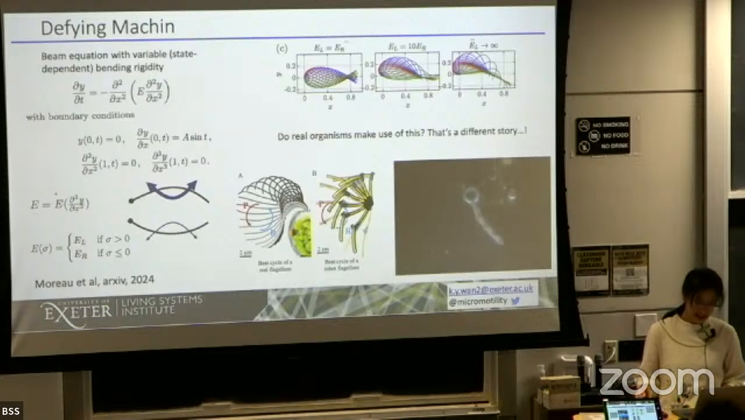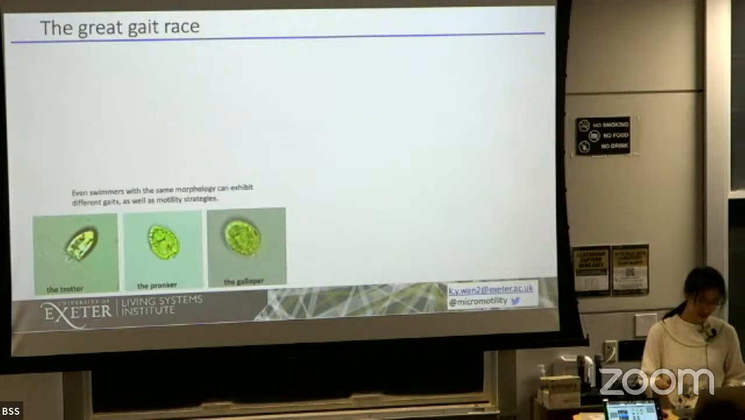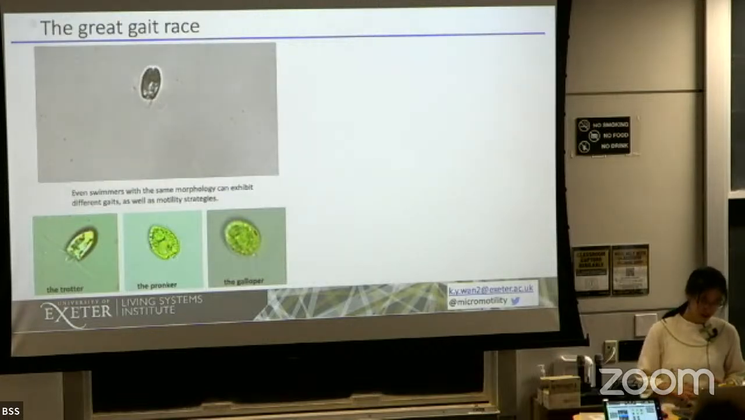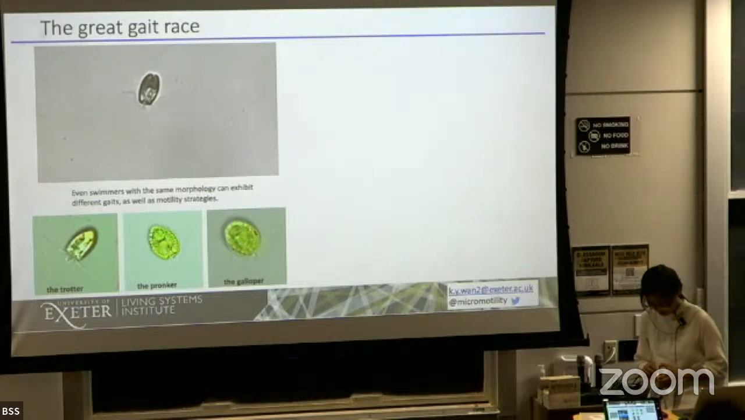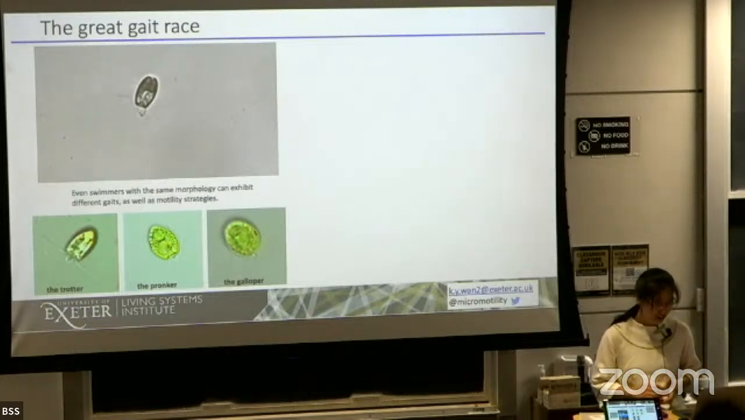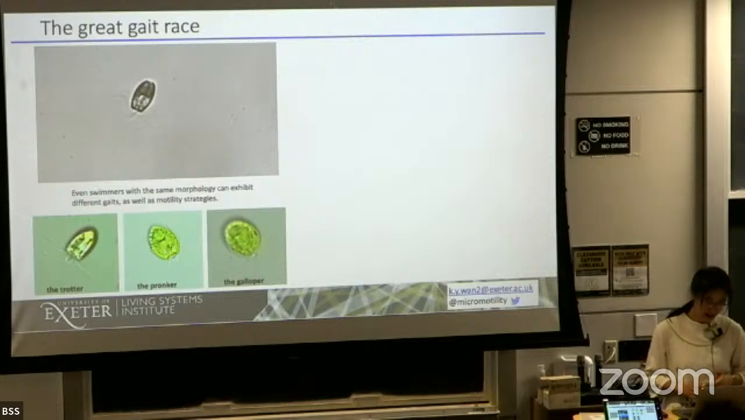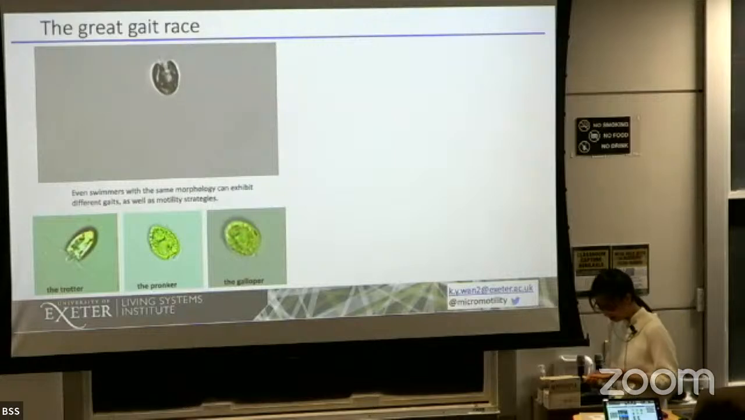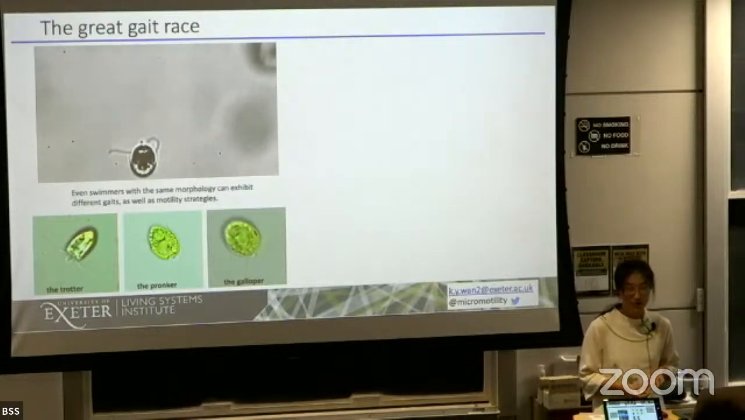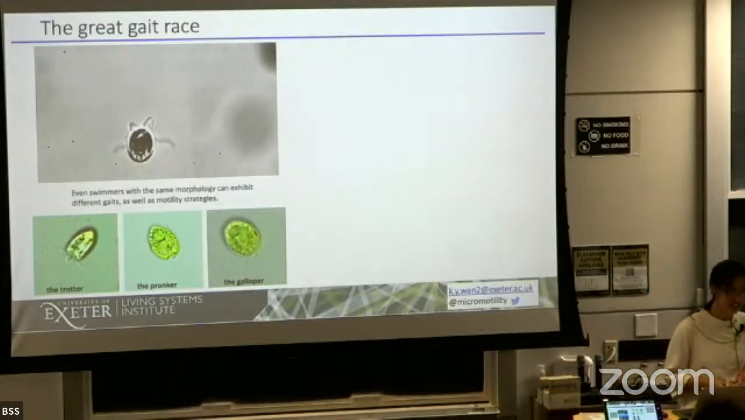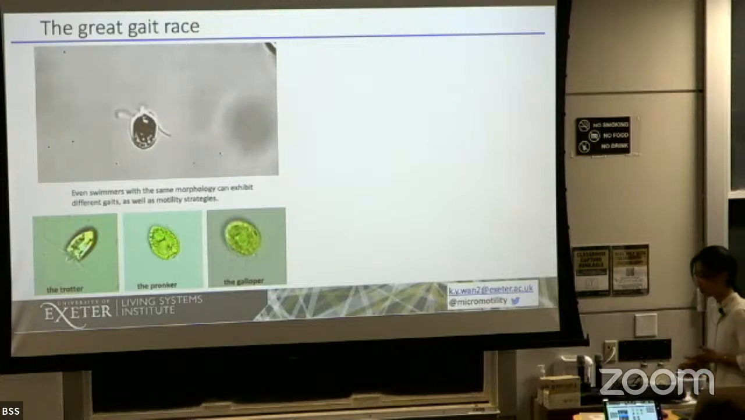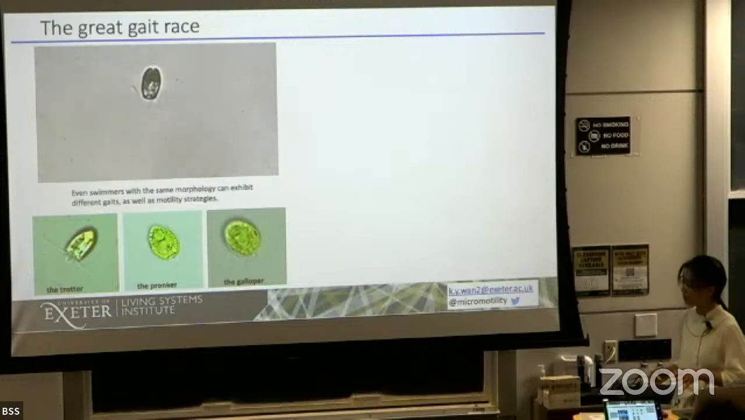And interestingly, our idea for this project actually came after this second slide I'm going to show you now. This is a slight detour, but it concerns the question of how a cell that has a certain number of these appendages changes gait, or what is the effect of gait on its swimming pattern? So to understand this, we